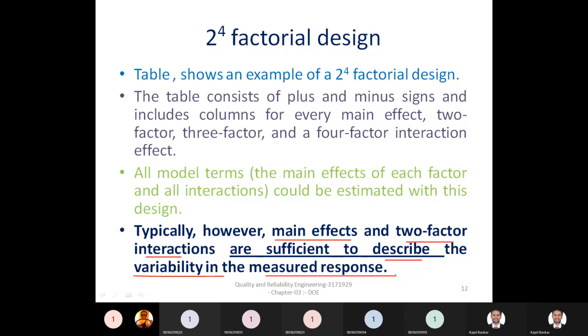Okay, you can consider some of the combinations, means only two-way interactions and the main effect, then it will become your fractional factorial design. And if you reduce the full factorial design to a fractional factorial design, then obviously your time will be saved, and your resources can be used efficiently.